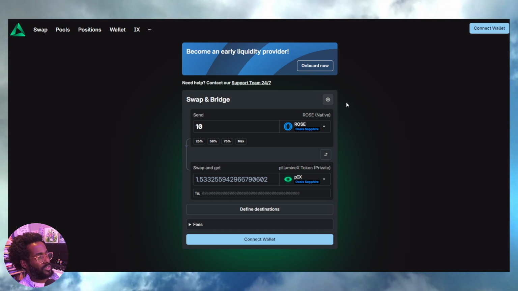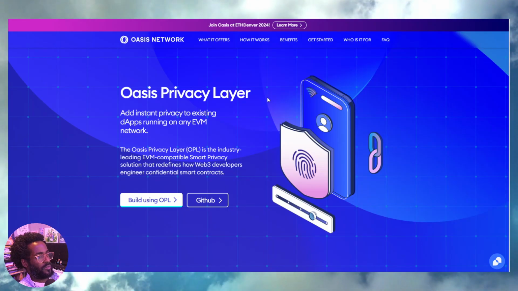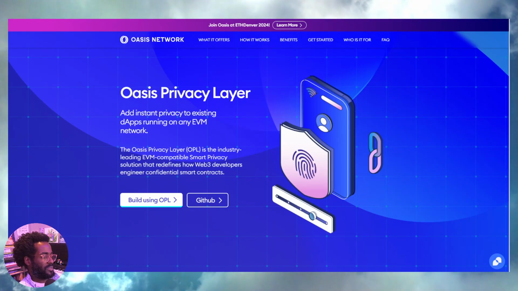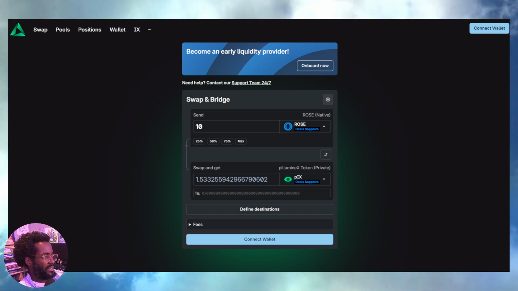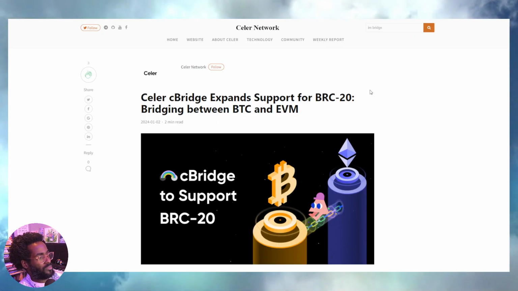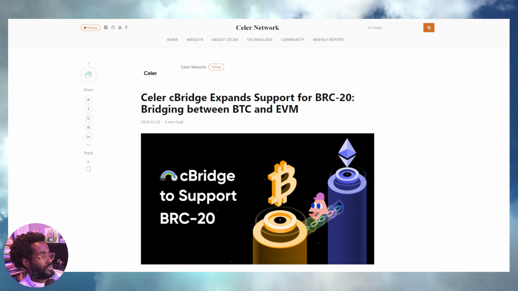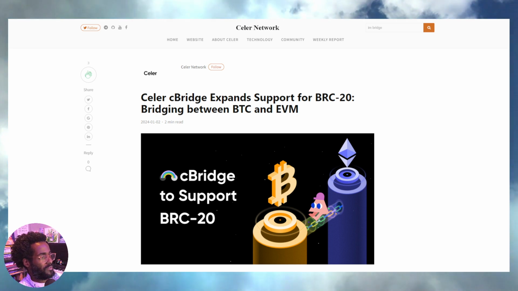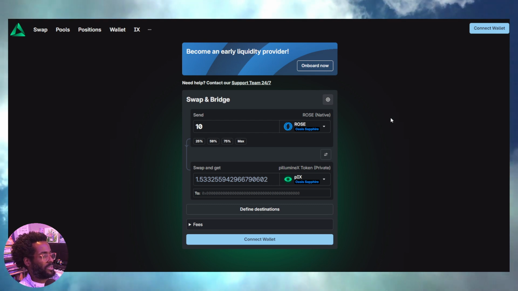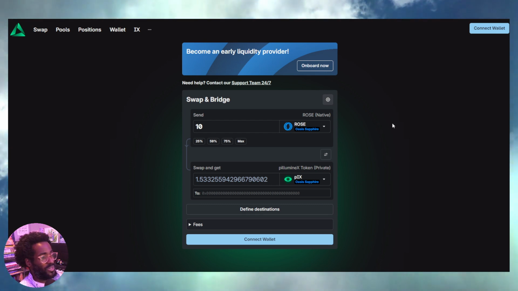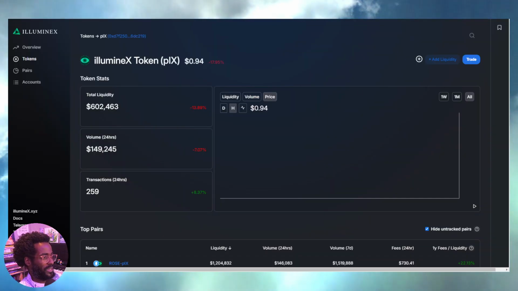It's a privacy DEX. So what I anticipate is the idea of Oasis privacy layer with the OPL, but to be honest, it's not even necessary because this is directly on Oasis Network. But I can anticipate seeing the BRC-20 bridge, the cBridge for Celer, right, allowing for BRC-20 transfers through EVM, and then of course swaps on privately swapping or privately wrapping your BRC-20s, guys. I think it's quite possible, right? As we look at illumineX just a little bit,